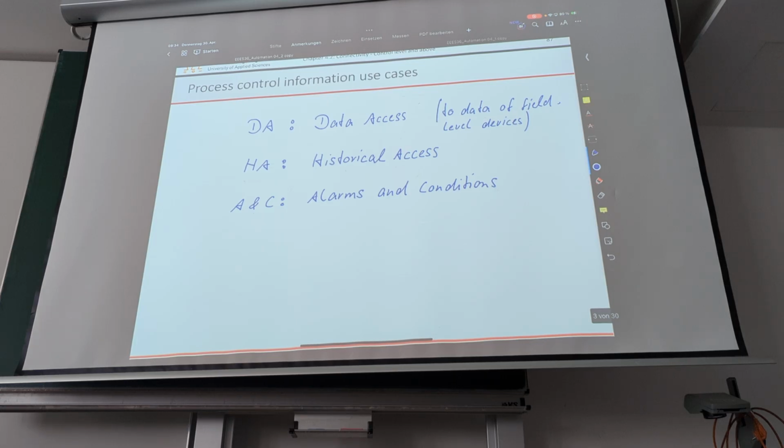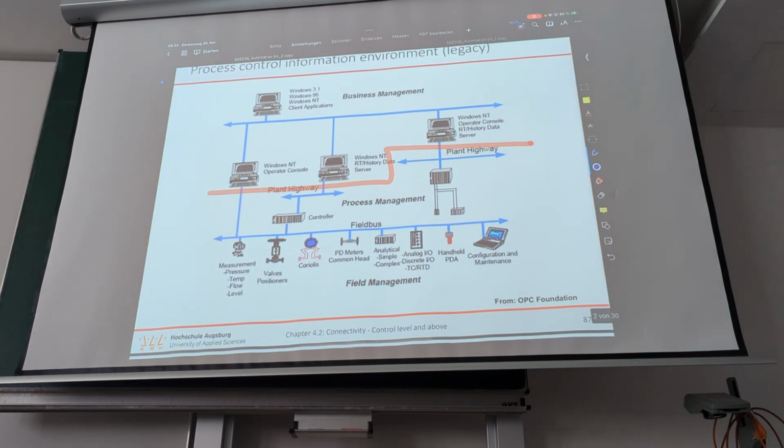And the main thing is, like the IT industry, they work with events and not with reading data cyclically. So they want to have a trigger event over temperature or whatever, and that is then generated by these alarms and conditions servers. So we had dedicated server architecture